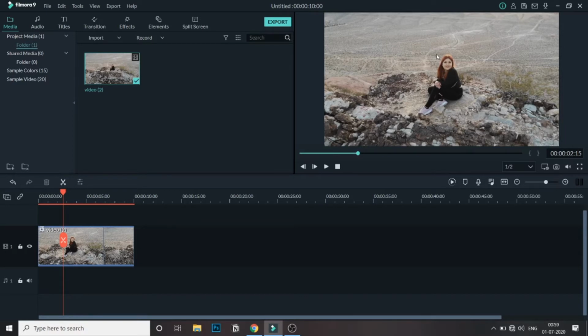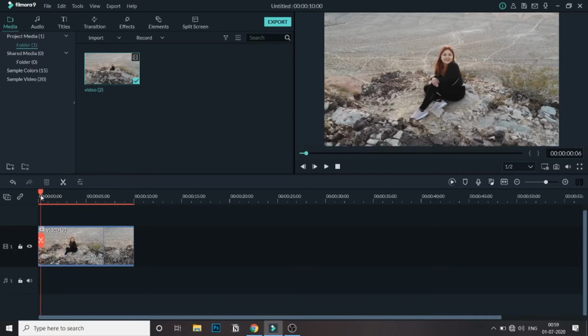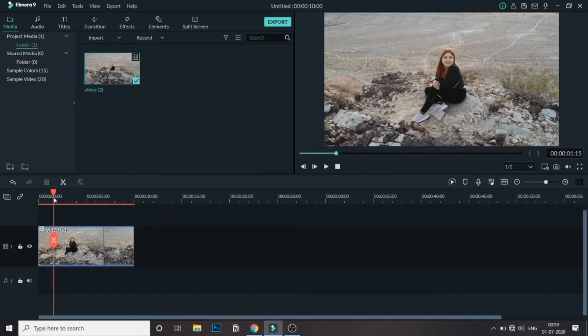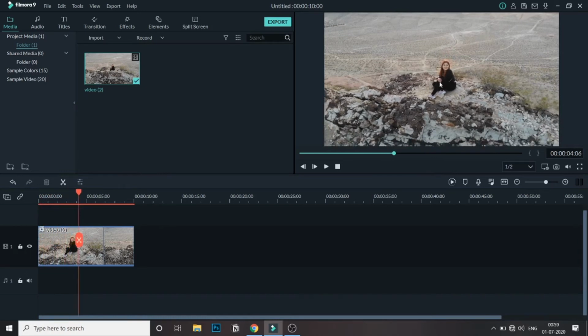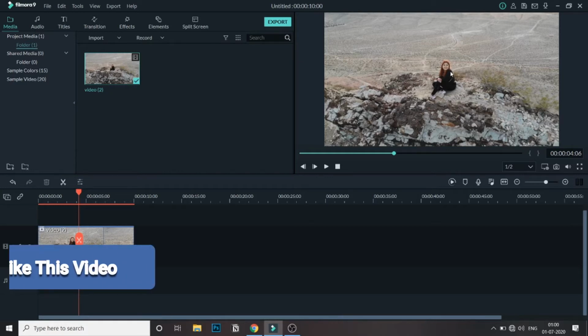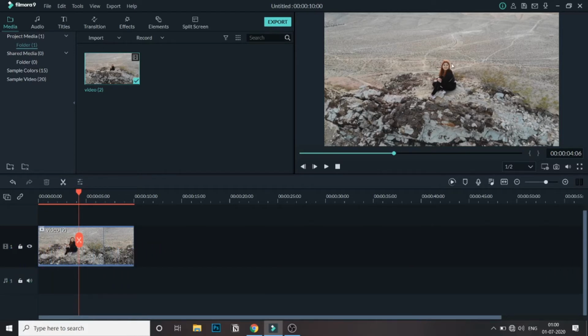In this, the girl is the central object. As you can see, this video is a drone shot and it is moving away from the object. The object is steady and there is a movement of going away. This effect can only be created when there is a two-way movement, that is, one is going away, and for the other we will create a zoom. So make sure you have one steady object and the movement of going away from that object.